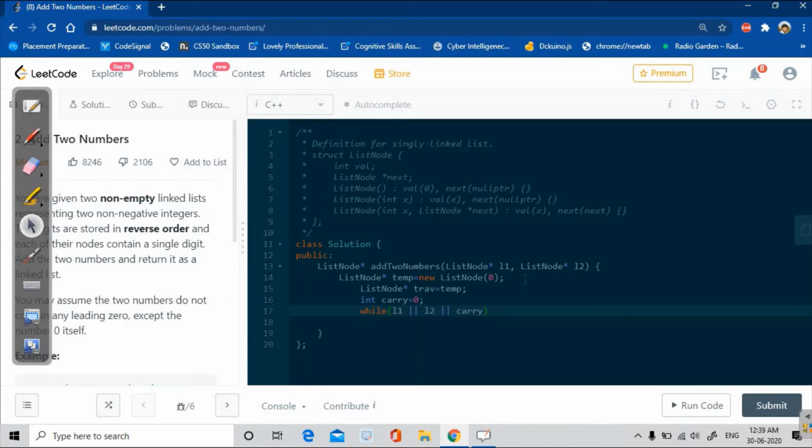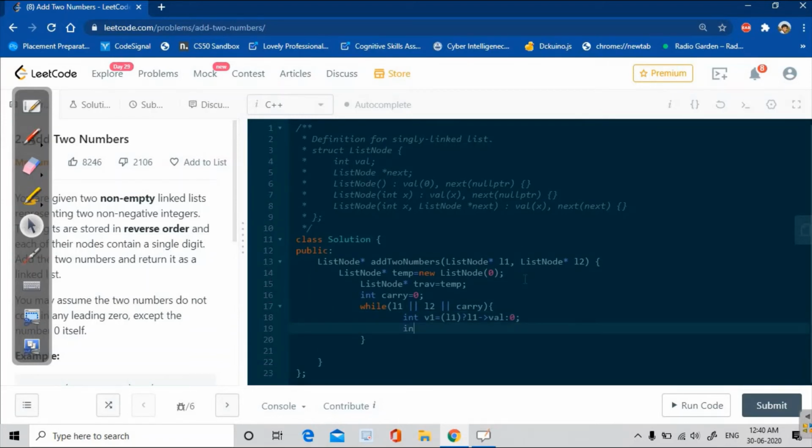If this satisfies the condition, I will first create one value, let's say v1, and I will check if L1 is not null, I will add the L1 value, otherwise I will store 0.